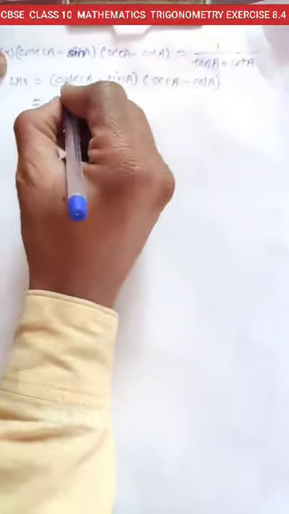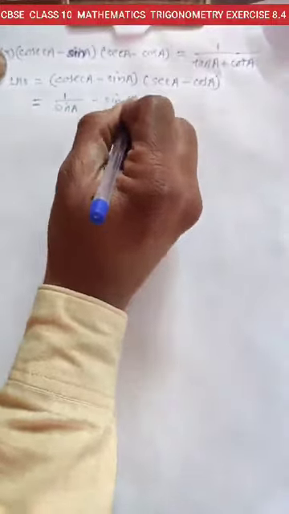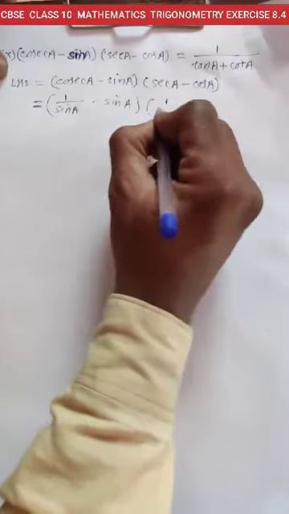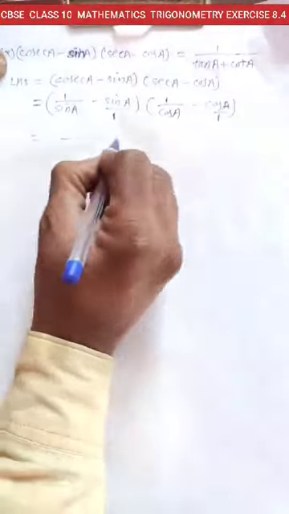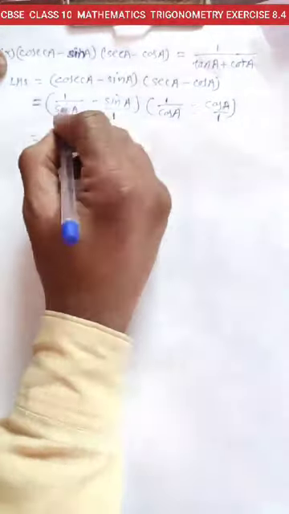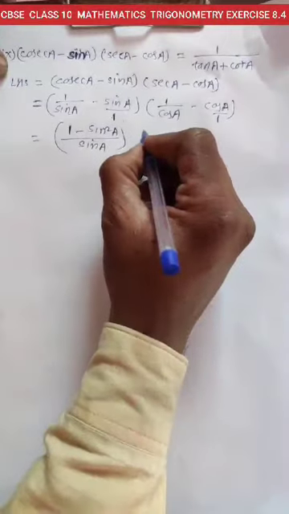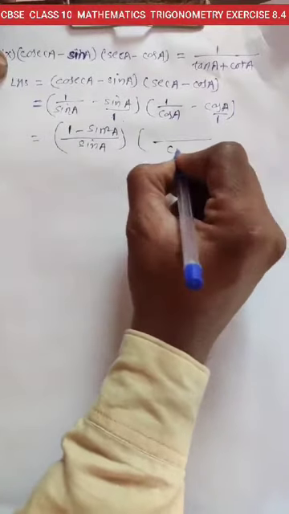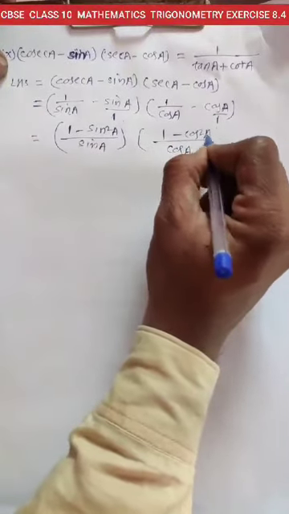In this step, we simply use the formulation that cosec A is 1 upon sin A, and this is sin A as it is, into another bracket, sec A is 1 upon cos A, minus cos A. Understand? In the next step, here considered as a 1 value, here also considered as a 1 value. So solving this term, sin A into 1 is sin A, 1 into 1 is 1, minus sin into sin, sin²A, and into another bracket again, cos A into 1, cos A, 1 into 1 is 1, minus cos A into cos A, cos²A.